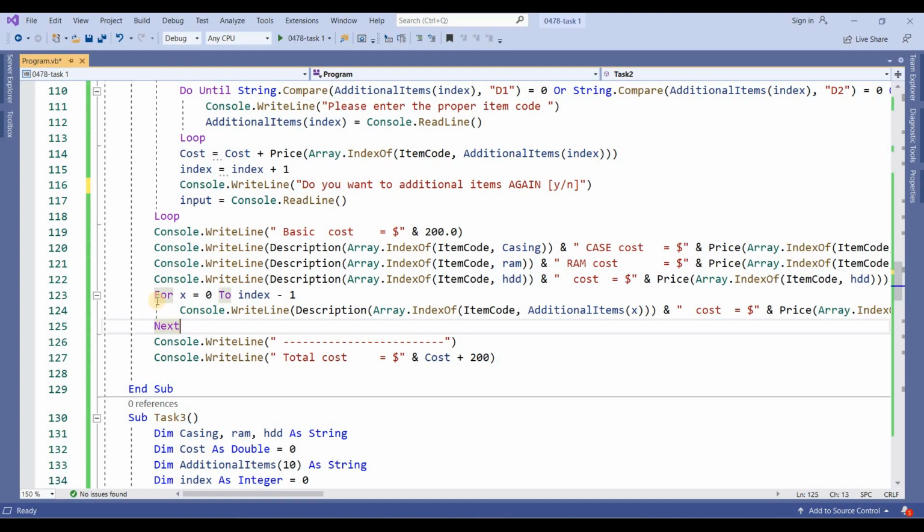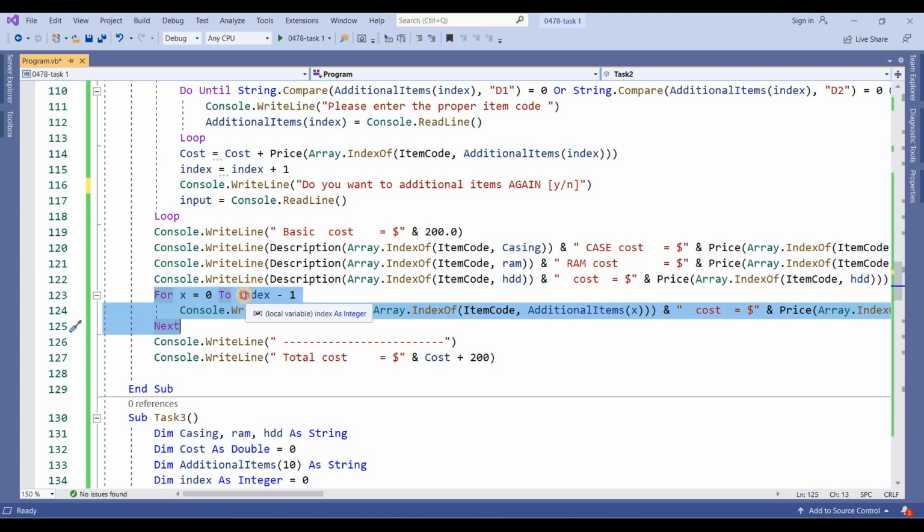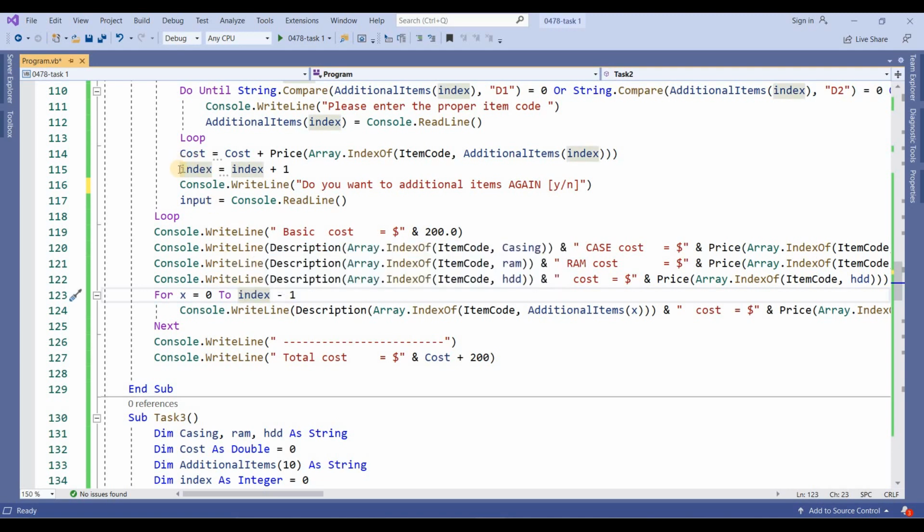After this, here I have written the loop. I don't know how many additional items you have selected, so it will move till index minus 1. Why did I do index minus 1? Because at the last time it will increase the value of index by one. Suppose you have selected 3 values, this will become the 4th index, but I have to move from 0 to 3.